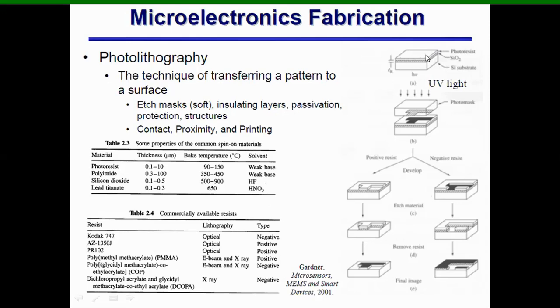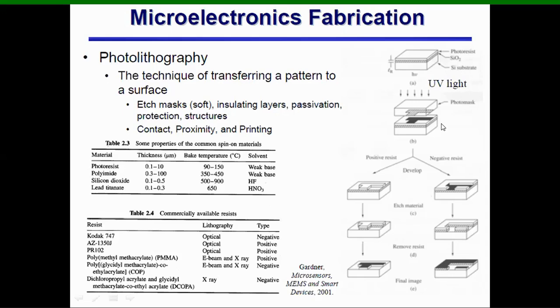Photoresist is highly sensitive to UV light. When it is exposed to UV light, its chemical properties change. So the photolithographic process is analogous to old photography, in which we develop the negative and then the positive. So the photoresist is highly sensitive to UV light, and its property changes when it is